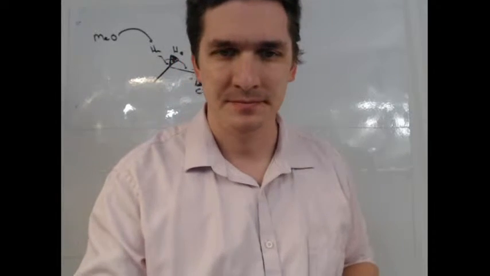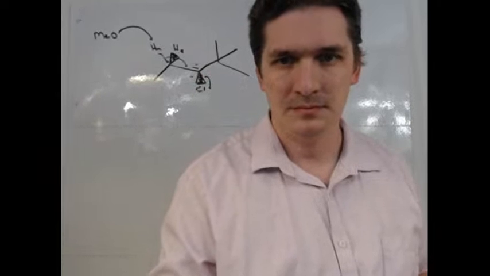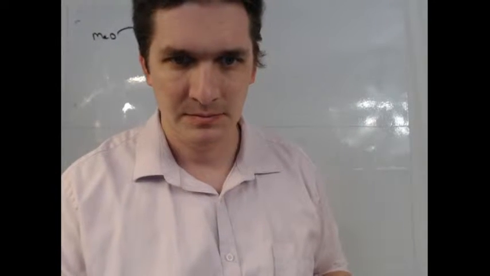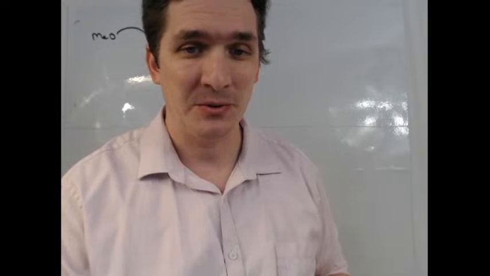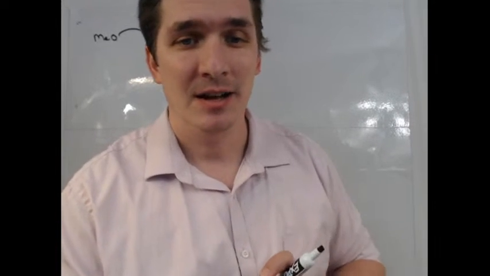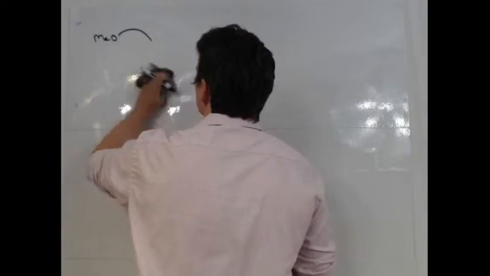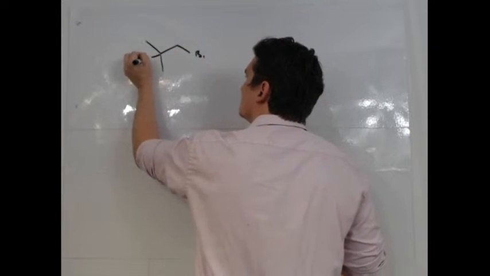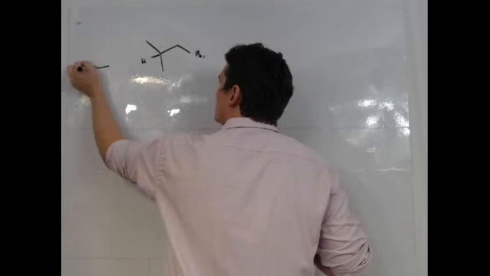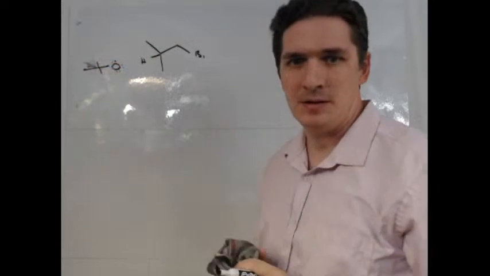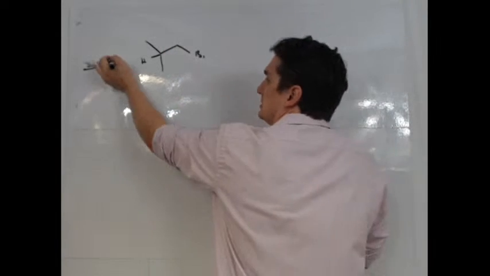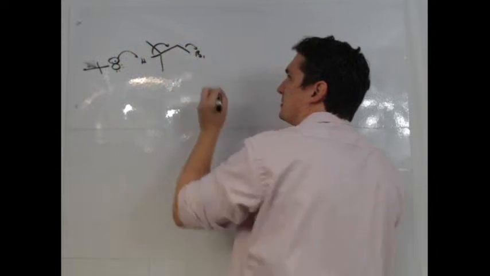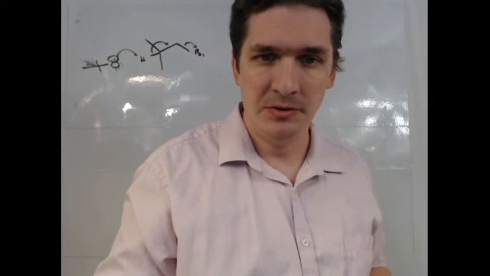Question 20. Draw the mechanism for the following reaction. Tert-butoxide attacking 1-bromo-2-methylpropane. So what occurs in this reaction is that our lone pair attacks the hydrogen, the bond breaks between the hydrogen and the carbon, goes between the carbons, and we extract the bromine. So if I draw my reaction mechanism arrows,